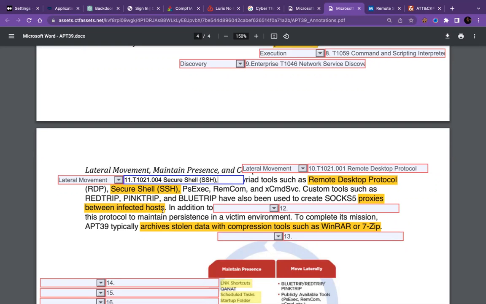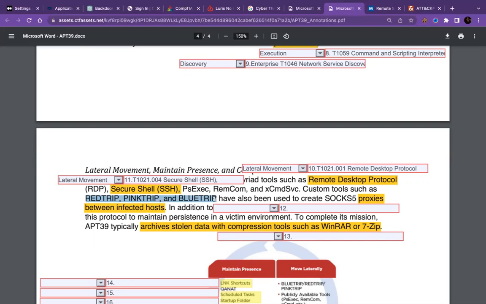So let's clear any little confusion. So we have this one clue right here. This clue matches the above. So our next one is between infected hosts. So let's see what this